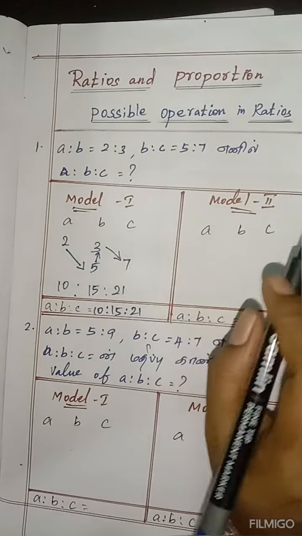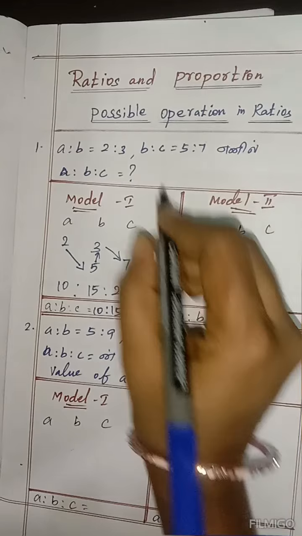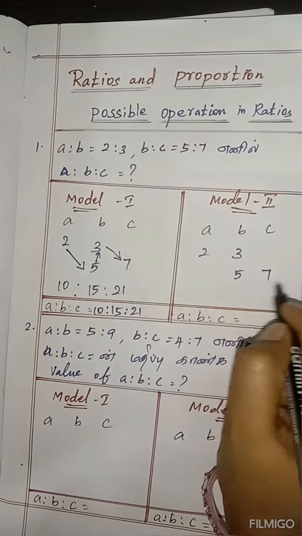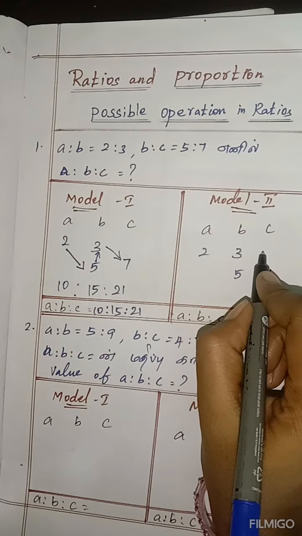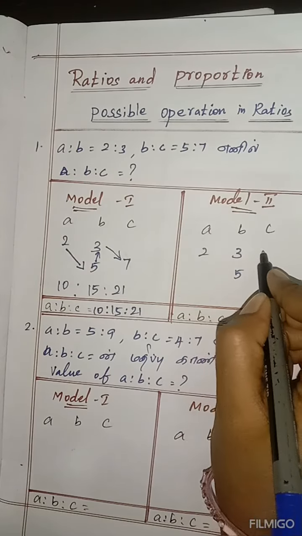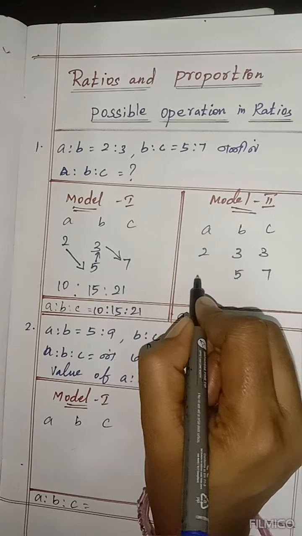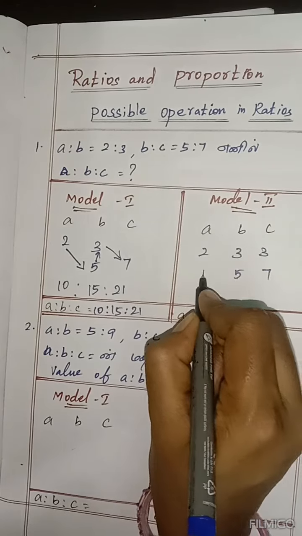Now, the second model, which is very easy. We got 2, 3, and the B, C values. In one step, write the same as well. On the left side, what number did we get? 3. On the right side we got an empty place, should write as well. On the right hand side we got 5. On the left hand side we got an empty place, should write the right hand side values.